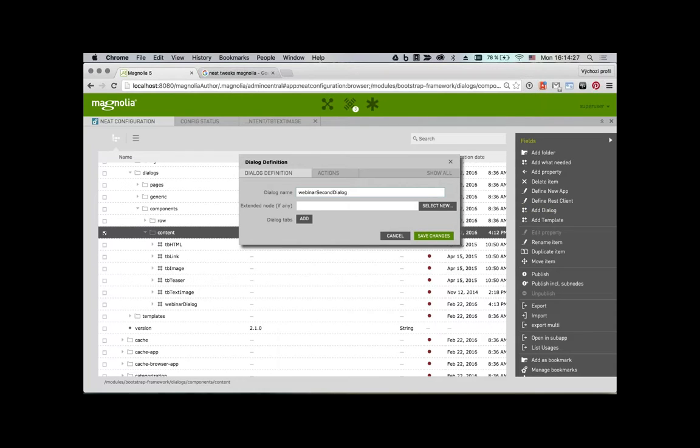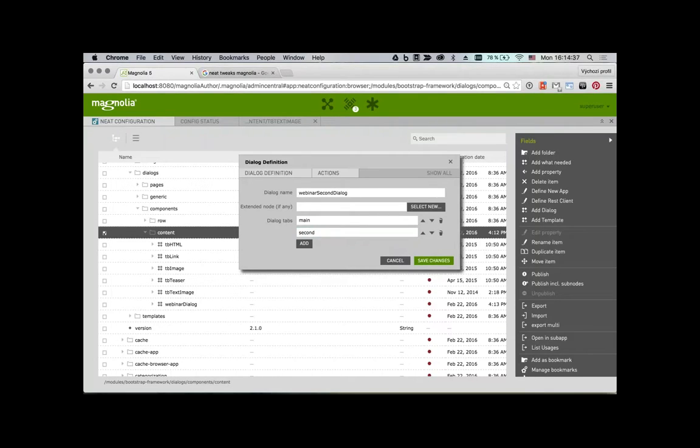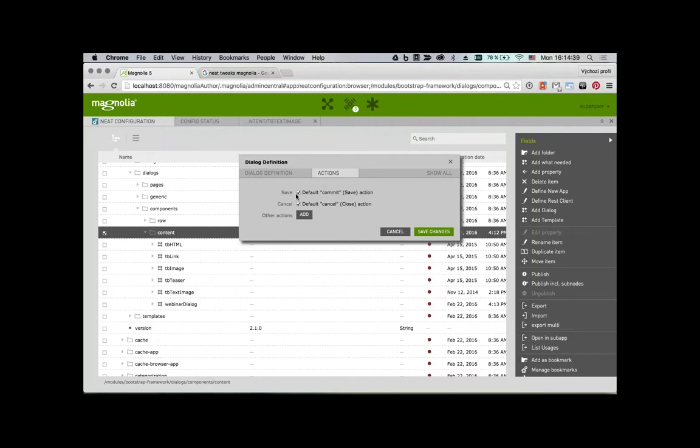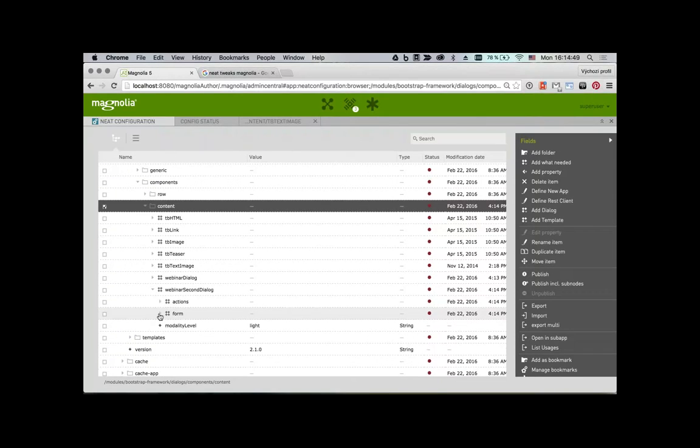Of course, I can extend just by selecting any one, or just add tabs like this. And second, I may even edit the actions of the dialog, where the save and the cancel, which are the default ones, are already checked, but I may add another or uncheck them and so on. And just save, and again I have a dialog with the basic